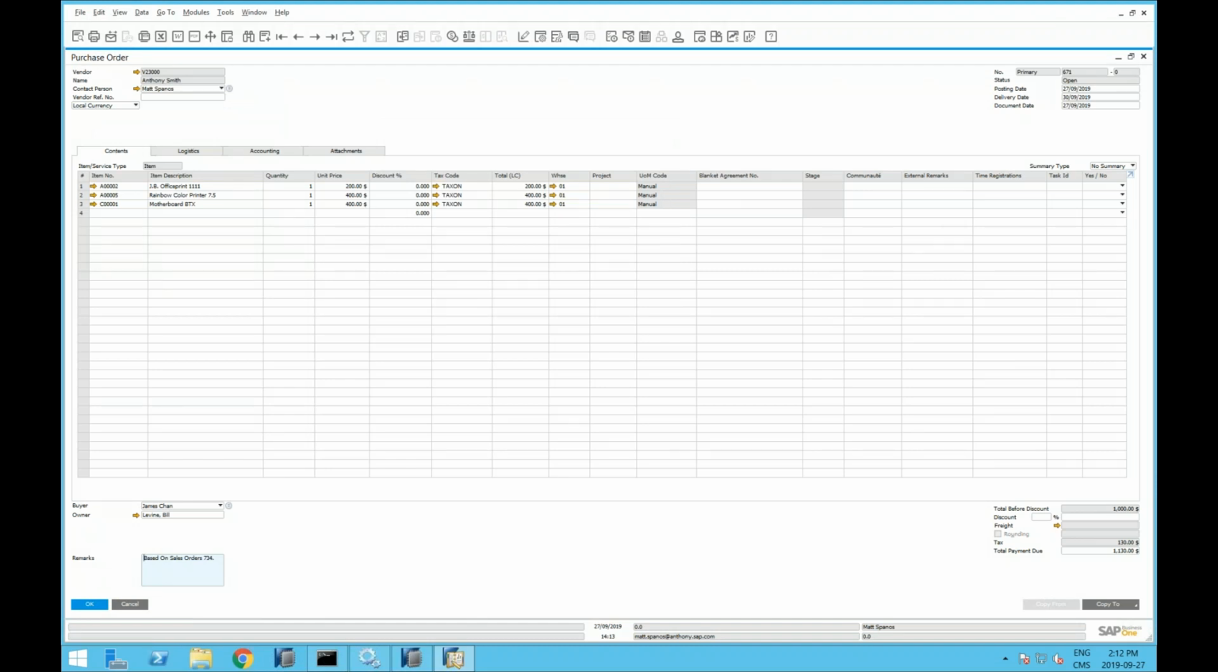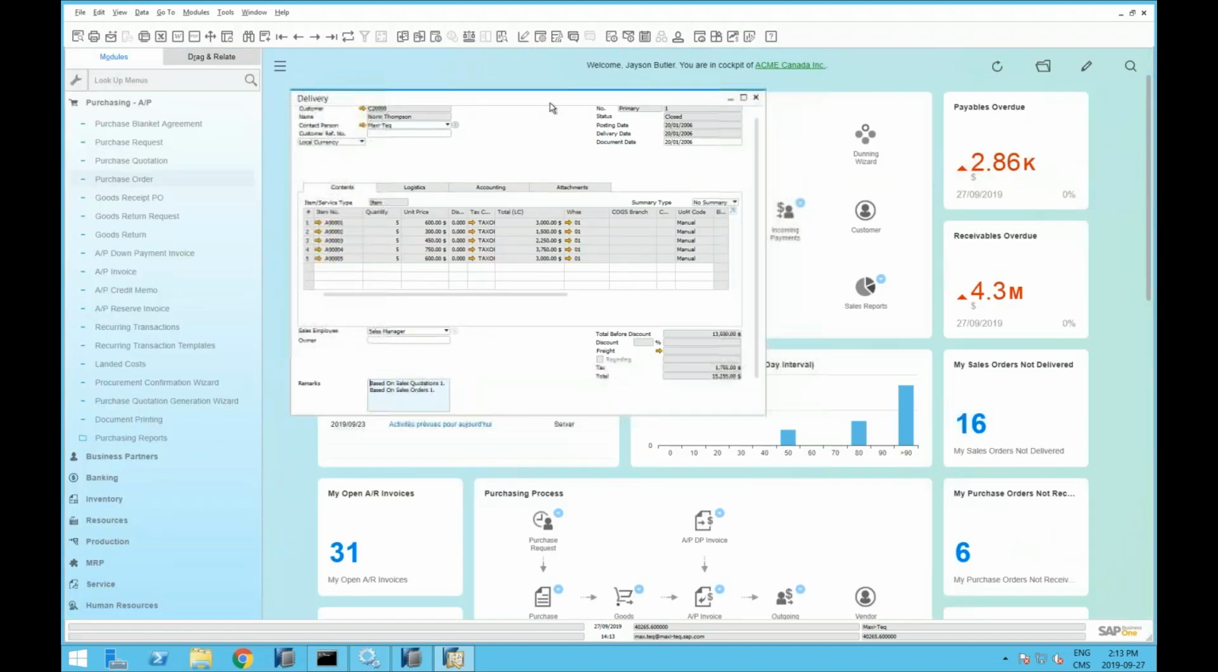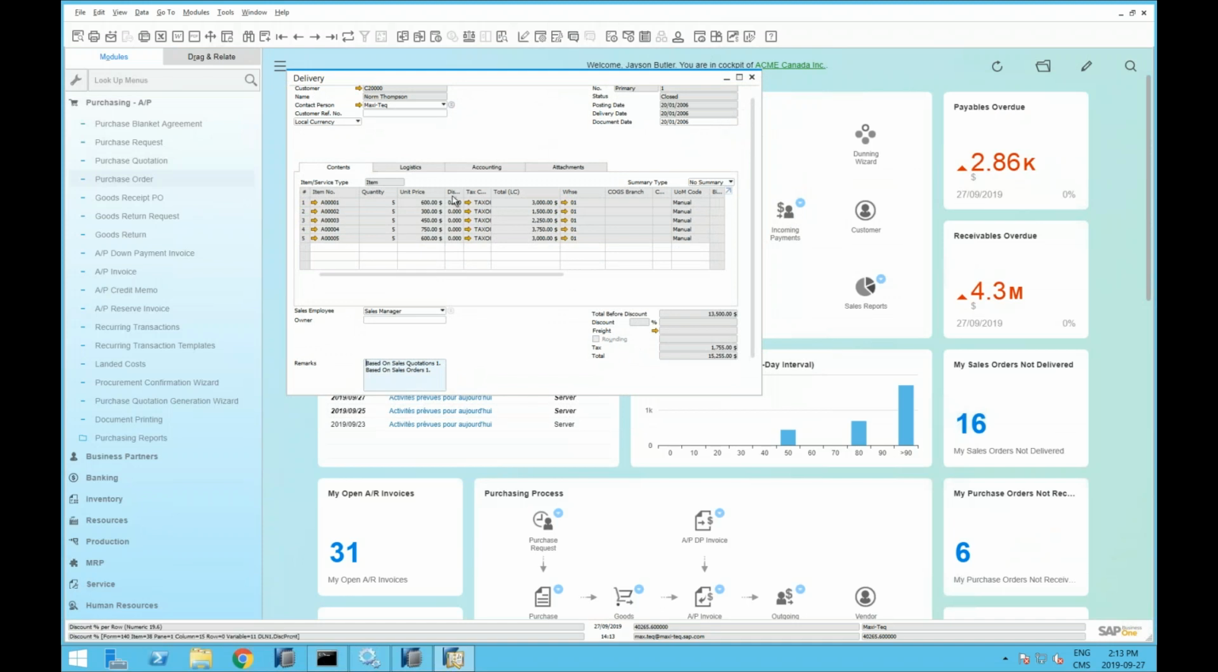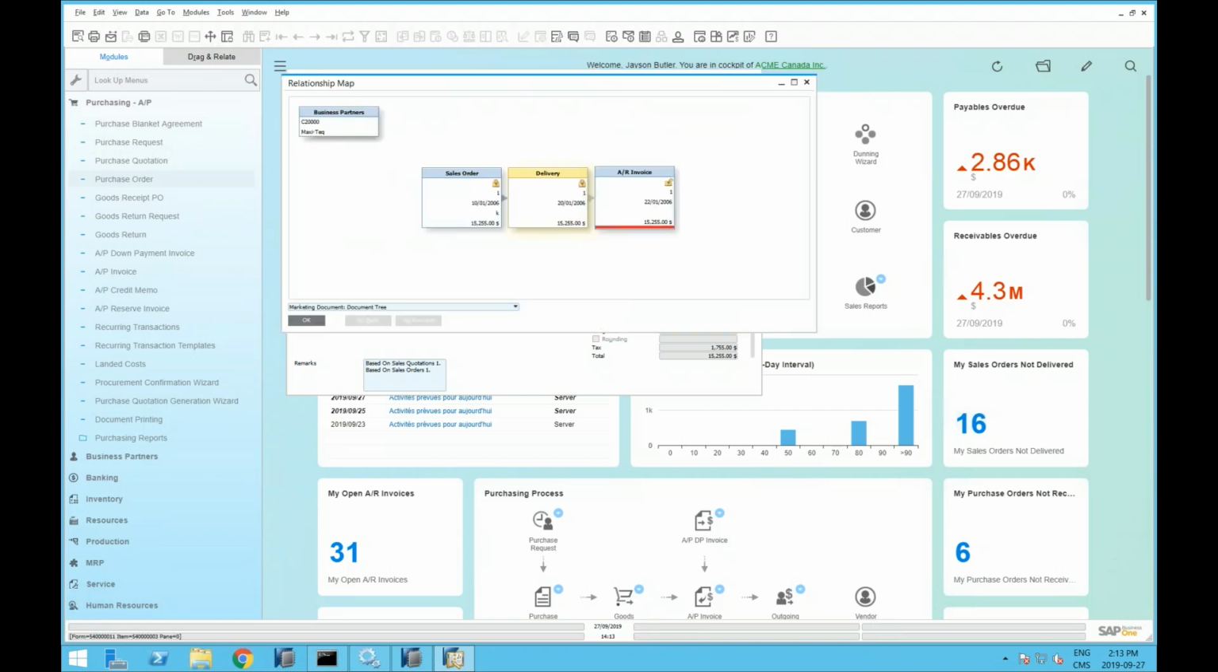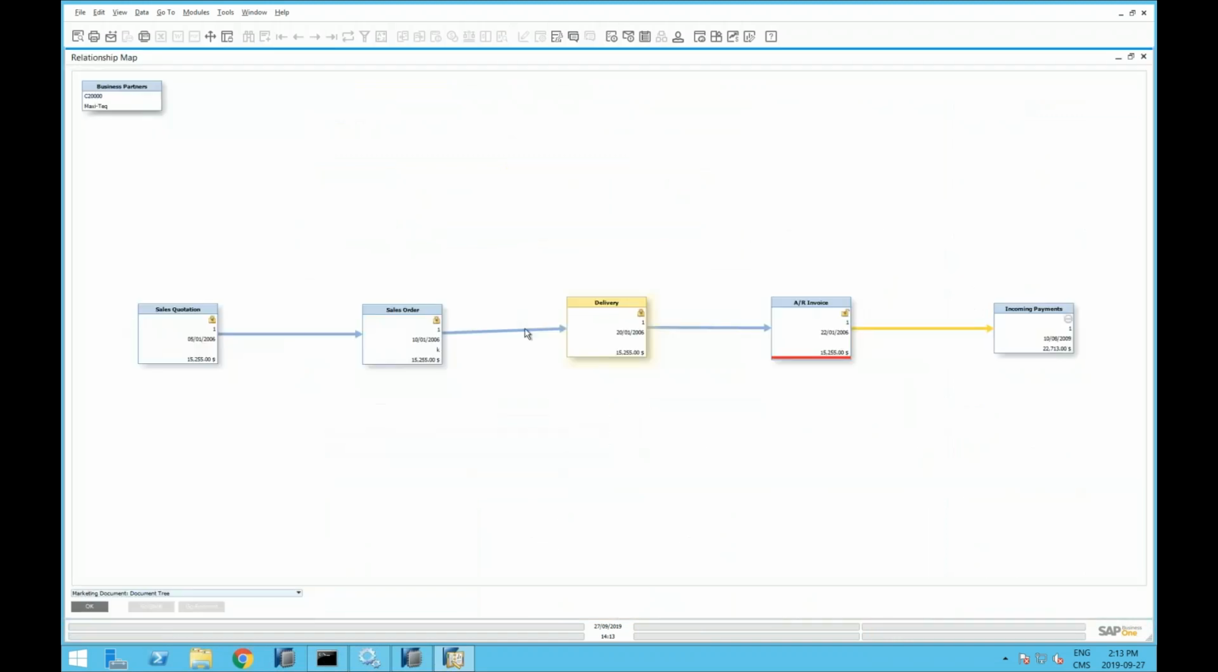Yeah, and I have a question here from Kevin. He wants to know where to find the relationship map. Kevin, if you're in a quote or an invoice, or any document, you just right click. You'll get the menu there. See, right click, and you'll see it there, relationship map. All right. So you see this one? And you can see if it's locked. Sometimes if it's locked, you can't access, or if it's unlocked,